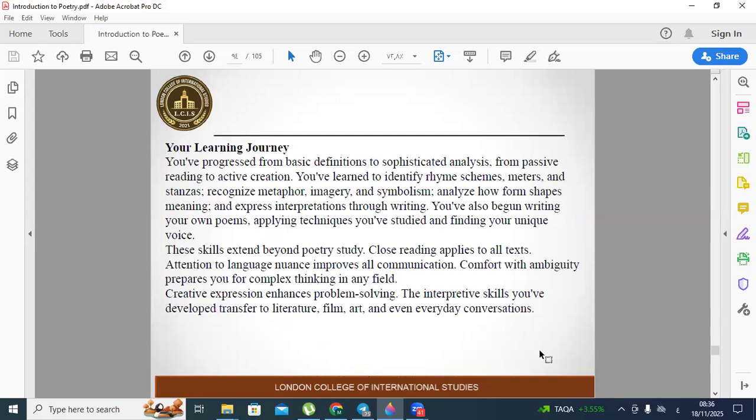You have progressed from basic definitions to sophisticated analysis, from passive reading to active creation. You've learned to identify rhyme schemes, meters, and stanzas, recognize metaphor, imagery, and symbolism, analyze how form shapes meaning, and express interpretations through writing. You've also begun writing your own poems, applying techniques you've studied and finding your unique voice. These skills extend far